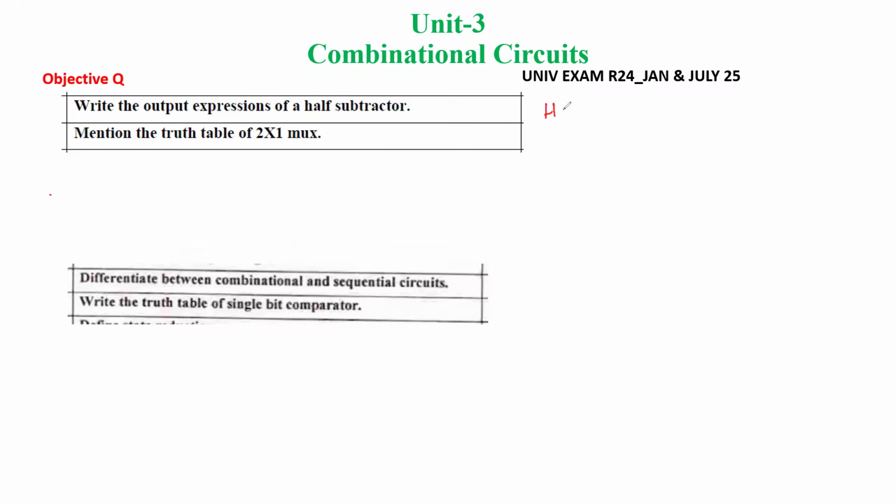In the case of a half subtractor, how many inputs will be there? Two inputs will be there, so we are going to use two inputs here. In subtraction, we get two outputs. One is called the difference, and another is called the borrow. For the difference, what is the expression? That you need to remember: A XOR B. And for the borrow,